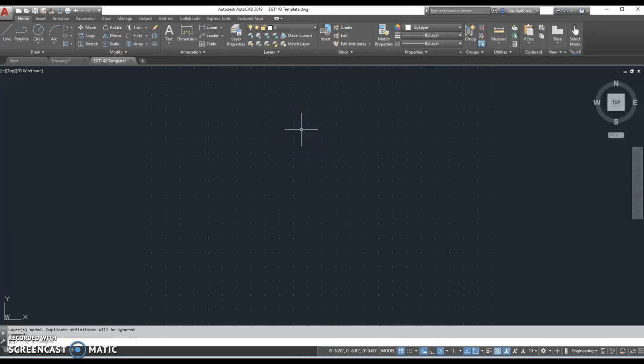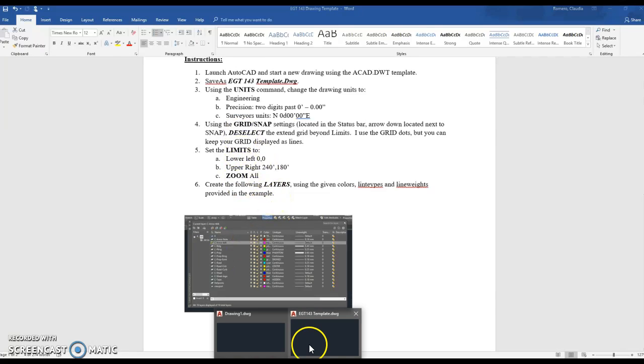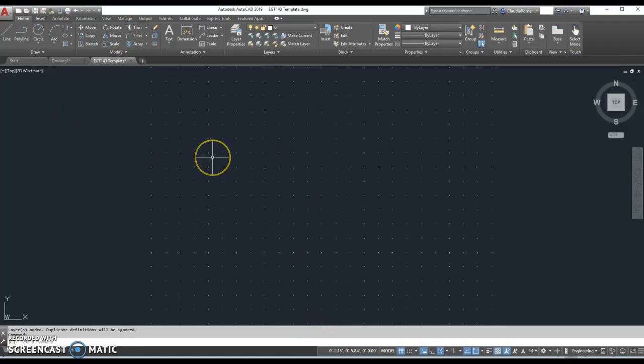Okay, well, welcome back. So where we're at right now is we are ready to add layers. If you go into your assignment, you're going to see that we've completed the first four items in the instructions. So right now we're at number 5, where we're going to set our limits and then we're going to create our layers. So what I'm going to do is hop on over here to AutoCAD,